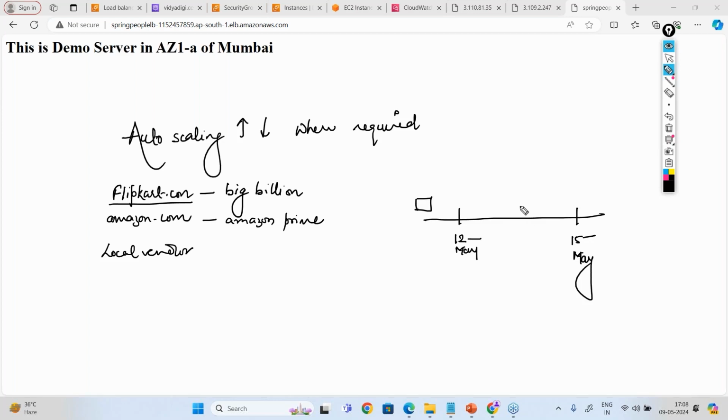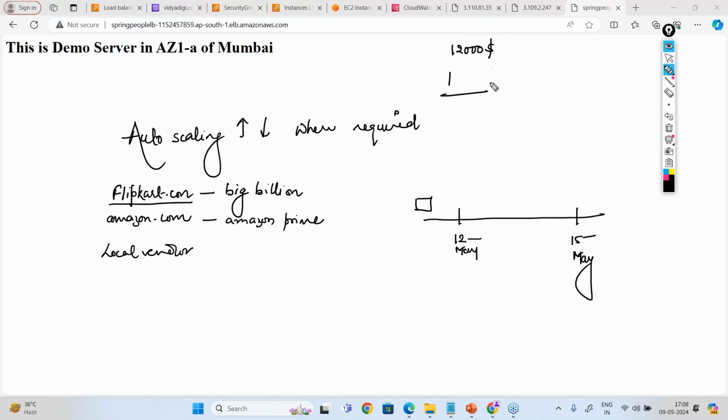Fine. So who will take this decision? Will we let AWS take the decision? If AWS is taking the decision, let's say we made a profit of $12,000 during the sale and AWS is giving us a bill of $14,000. So was that a sale of profit or a loss? That would be a sale of loss.